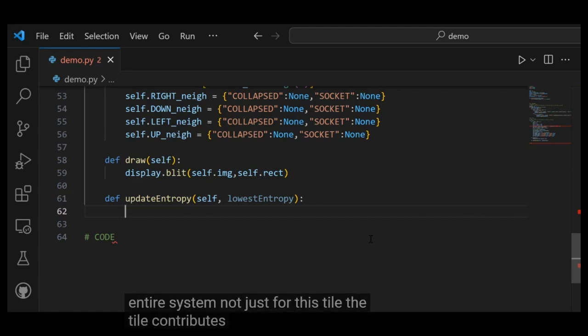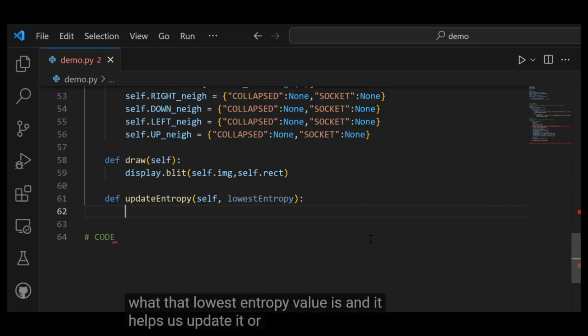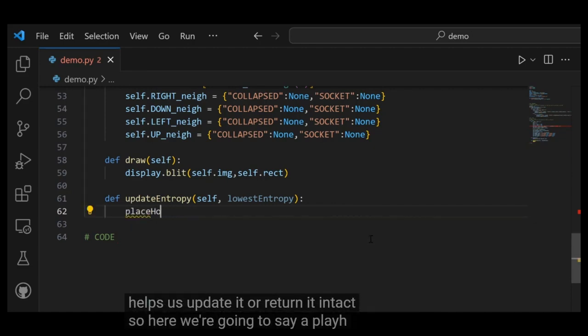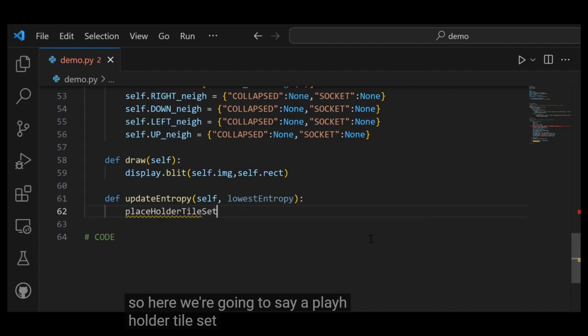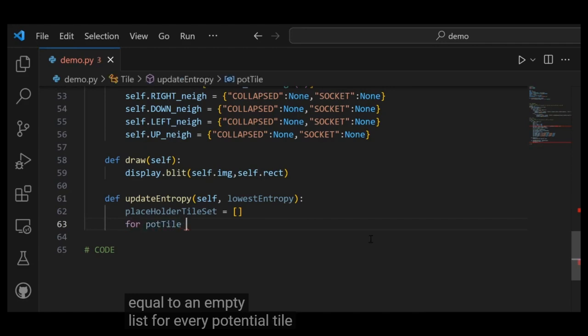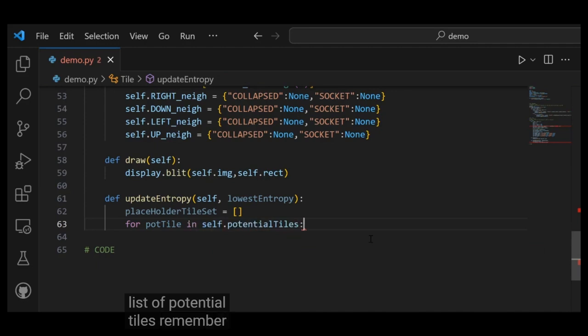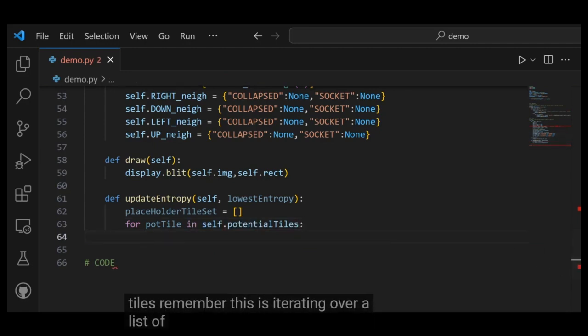The tile contributes to the understanding of what that lowest entropy value is, and it helps us update it or return it intact. So here we're going to say a placeholder tile set, and it's going to be equal to an empty list. For every potential tile in the list of potential tiles, remember this is iterating over a list of dictionaries,